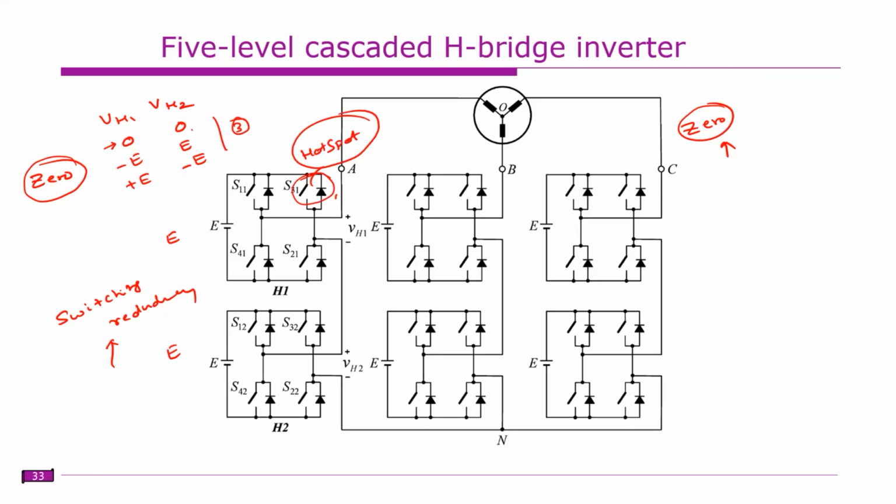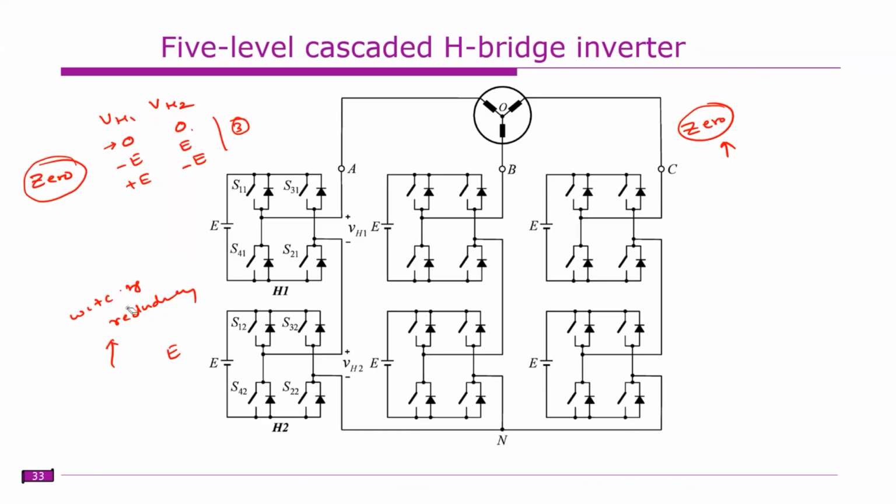So these switching redundancies help in equalizing the conduction period of switches. In other words, equalizing the loss distribution of the semiconductor switches. So that is one thing. Another thing is,